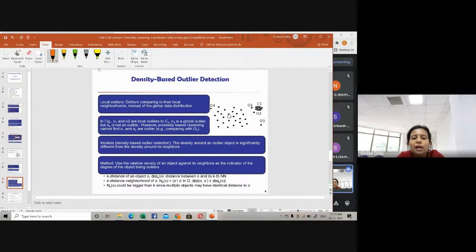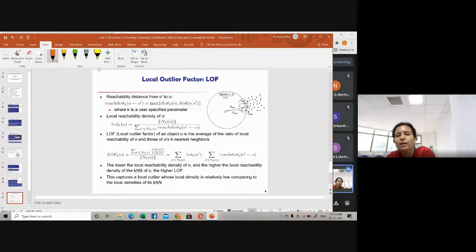The next one, and the last one mentioned, is what is called density based outlier detection. The distance based outlier detection provides a sort of global view of the data. The outliers detected by distance based measures are called global outliers, whereas the ones we look into with density based outlier detection are called local outliers. That's why we have the local outlier factor, LOF.